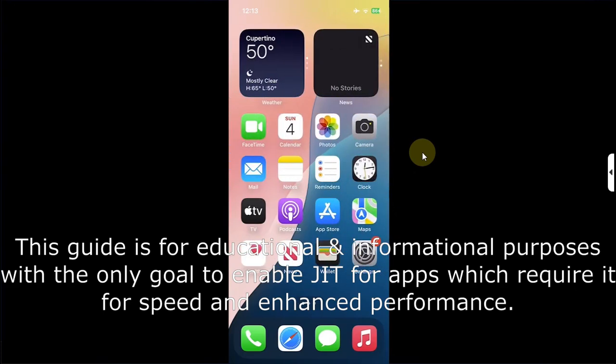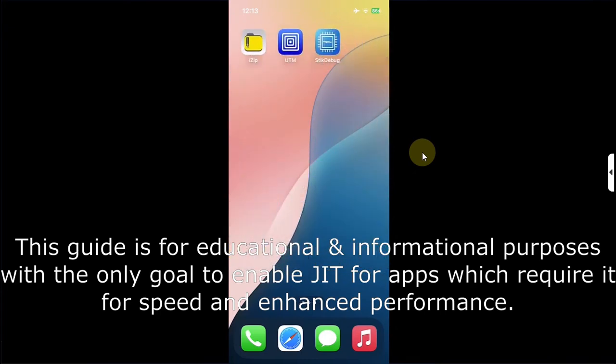The method shown in this video is for educational and informational purposes, and the only goal is to allow you to enable JIT or just-in-time compilation for all apps which require it, so that they can run at full speed